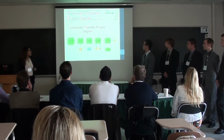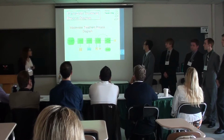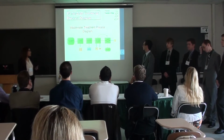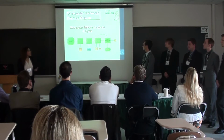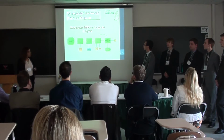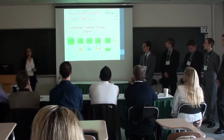So this is the wastewater treatment diagram. The incoming wastewater is going to go through screens first, where the spent grain and solid waste is going to be removed. It's then going to flow into an equalization basin, where the pH will be neutralized and adjusted to suit the digester needs. The upflow anaerobic sludge blanket will then undergo anaerobic